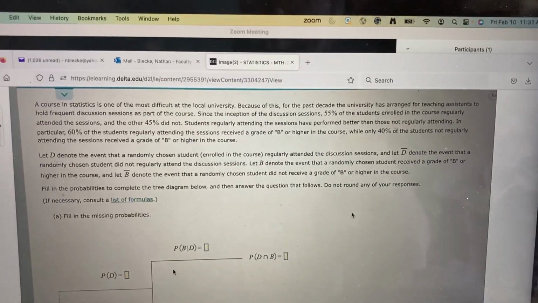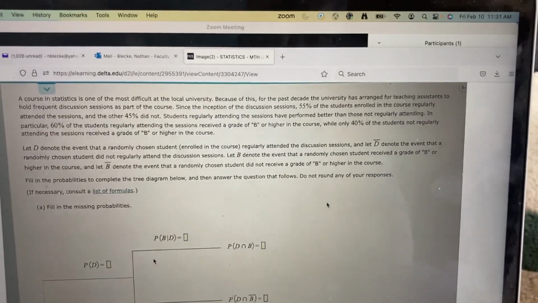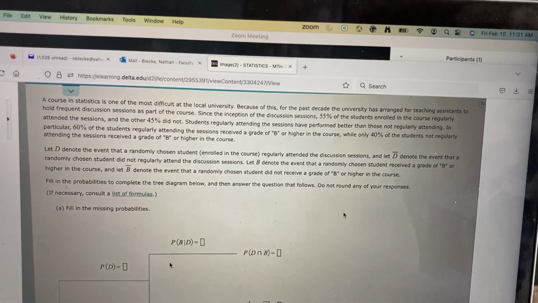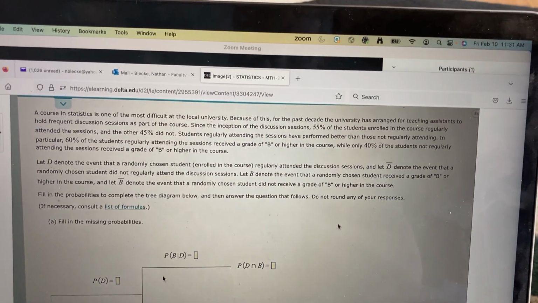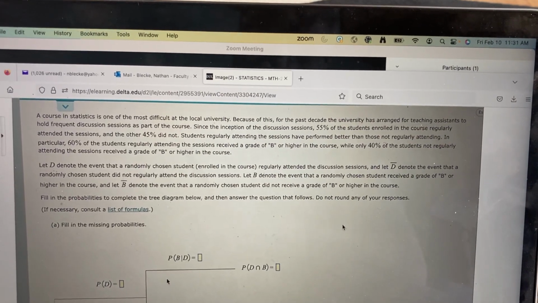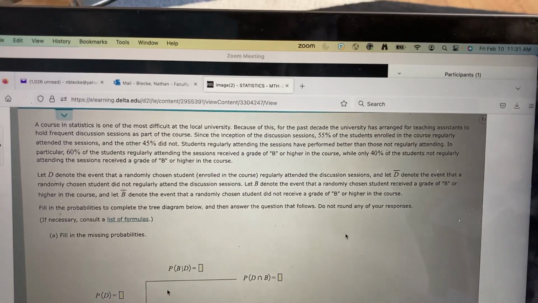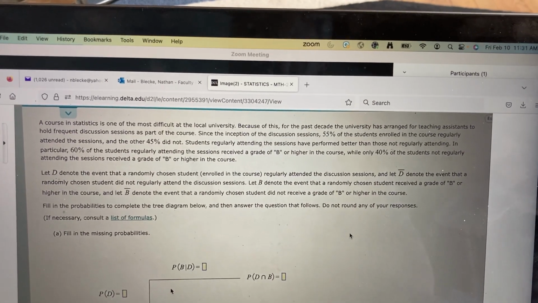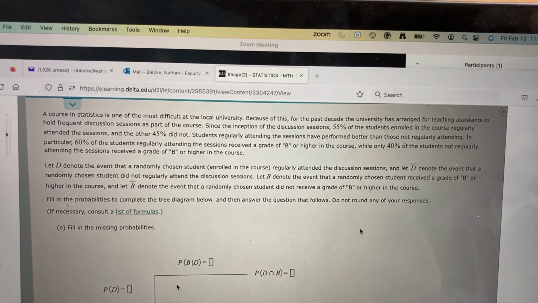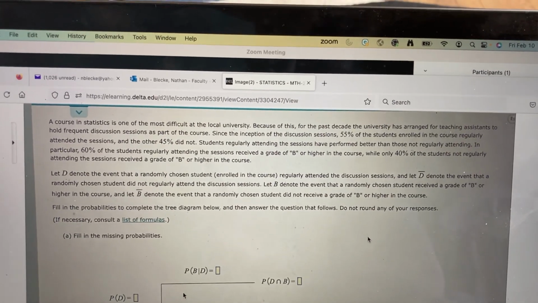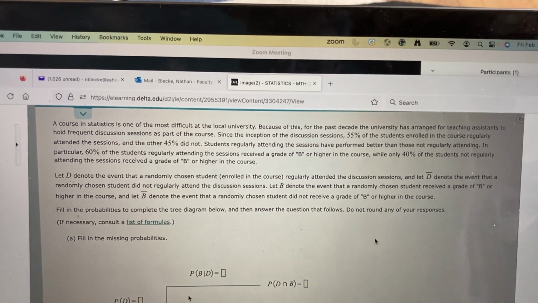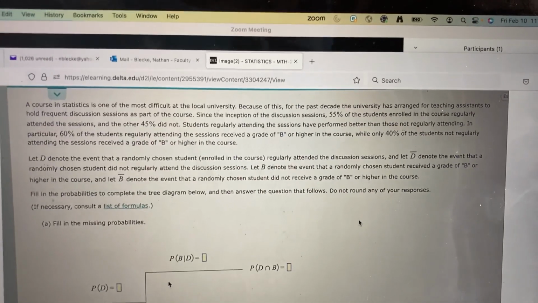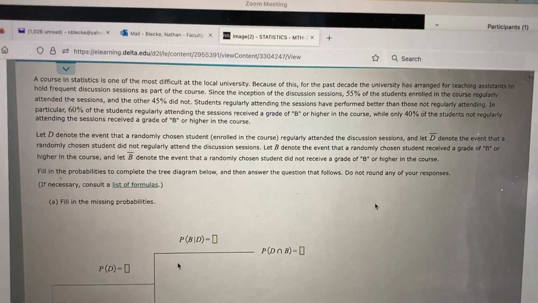Hi, everybody. So I've had this problem sent to me by a couple of students, and I've posted the problem in the content tab, and I want to go through it. I'm using a YouTube video, so I only have 10 minutes to go through this, so I'm going to do about half of the problem. You can pause this and read it, but basically it says, in a course in statistics,